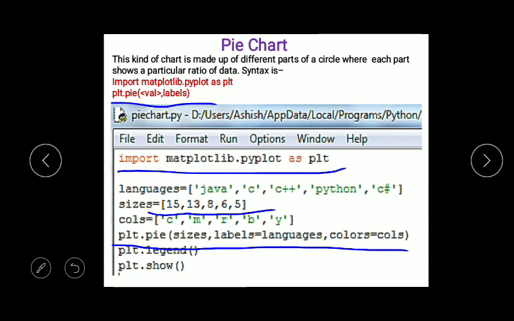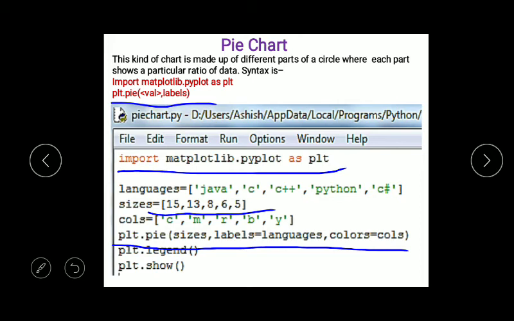That means the entire circle will be divided into 5 categories, where the value of the first category becomes 15, the second category becomes 13, the third category becomes 8, the fourth category becomes 6, and the fifth category becomes 5.